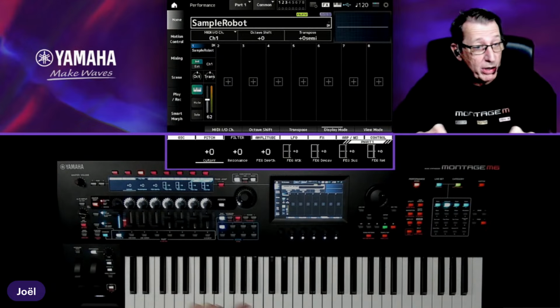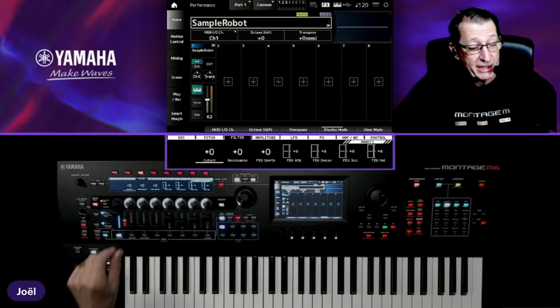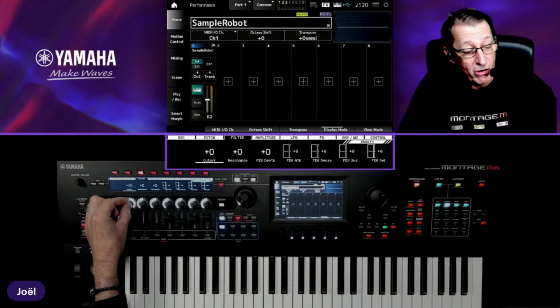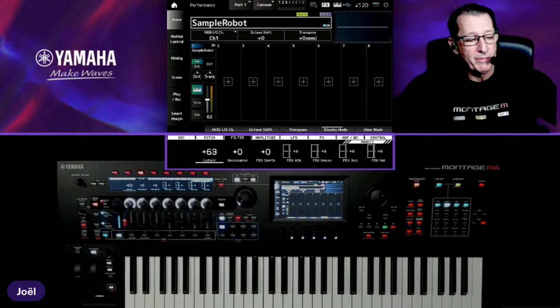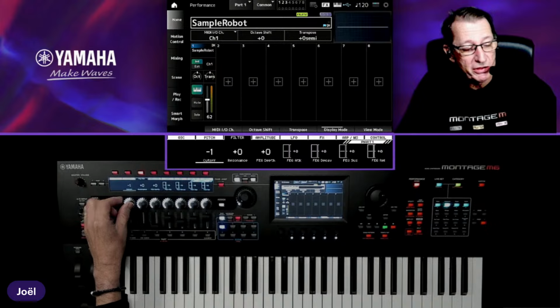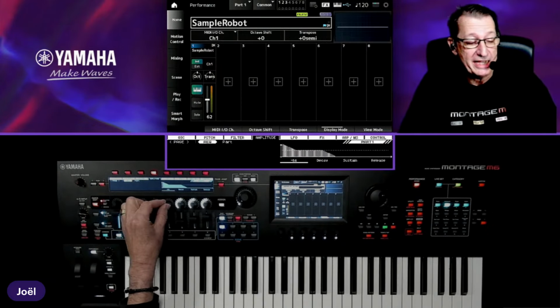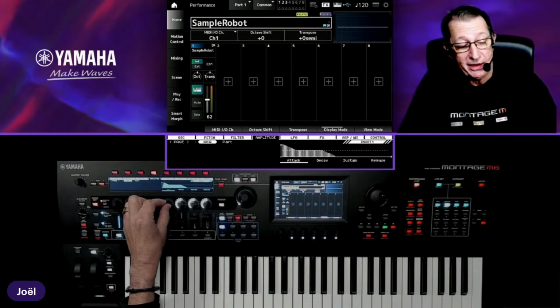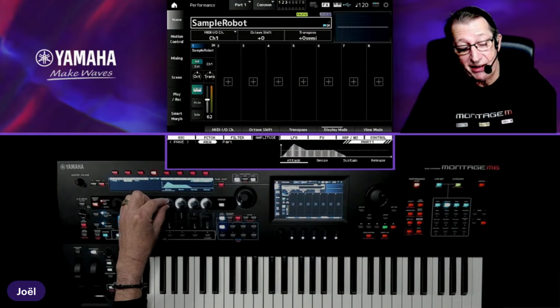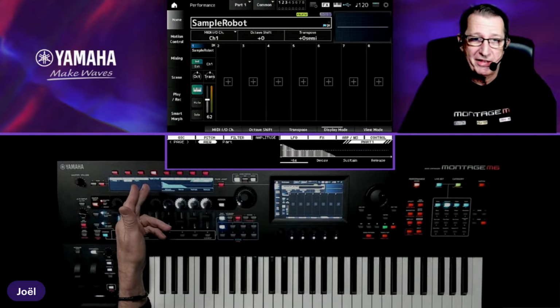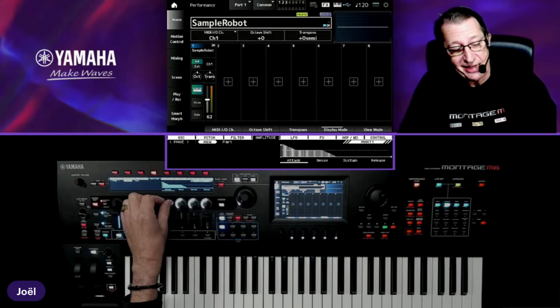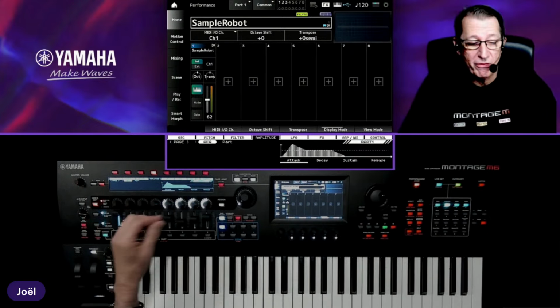When you have made a waveform with Sample Robot, you have a dedicated filter by element. Open the filter. Take the maximum of the frequency you can take on the sound. On the amplitude, you can set the attack like that, because even if actually your sound is like this, let it go percussive like that, and you can change the attack after when you have the waveform inside your Montage